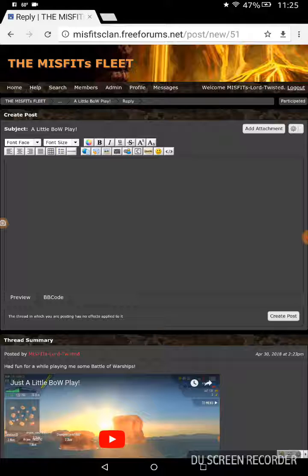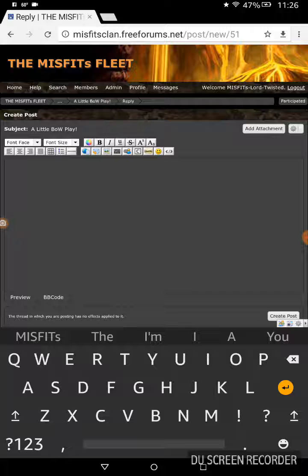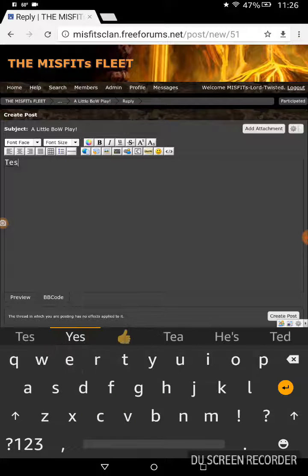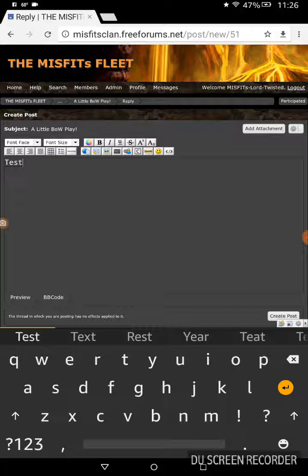Now it launched you right into the regular reply or talk box. Here the subject's already been specified, a little bow play. You don't ever have to worry about that. Just tap the dialog box down below those buttons. You'll see your white cursor flashing, and then right here say like I've got a couple sentences, I've got something to say. We'll pretend the word test is a couple sentences. So I've just said what I want to say on this, you know, good video, or could have done better or whatever, and I'm done.